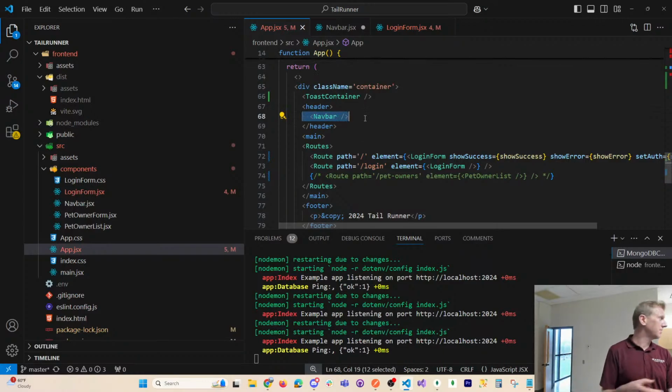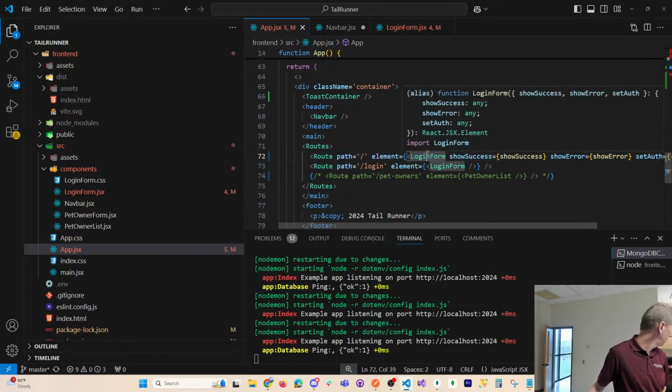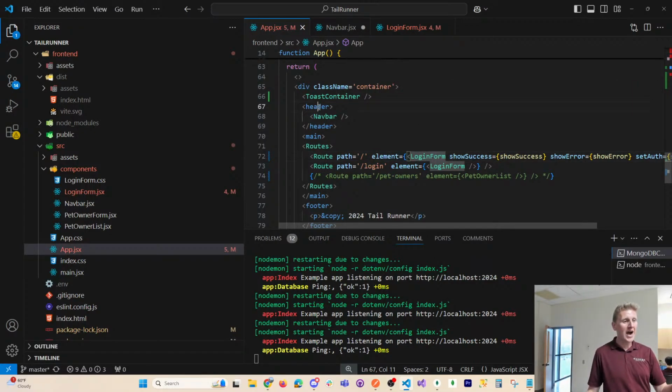What I want to do is take the logged in user and put their email address in the navbar. And so I can't store my state here in this login form because it's not a child of Navbar, but it's some other kind of distant